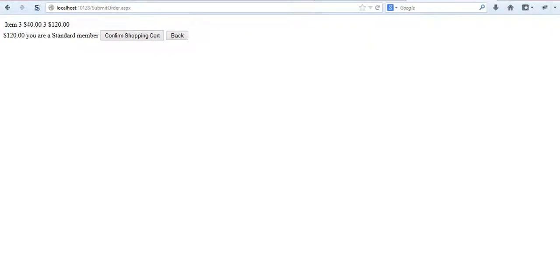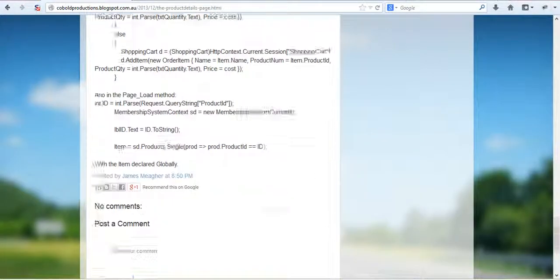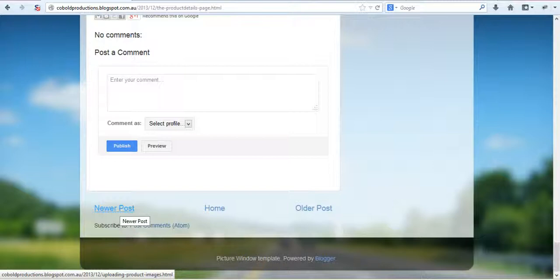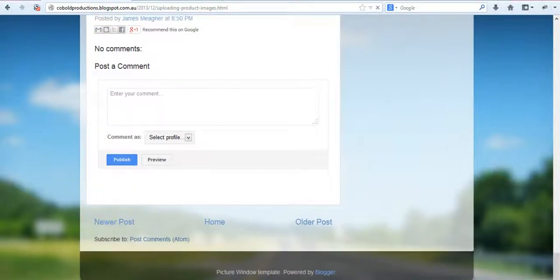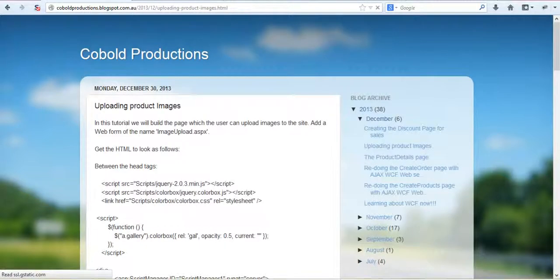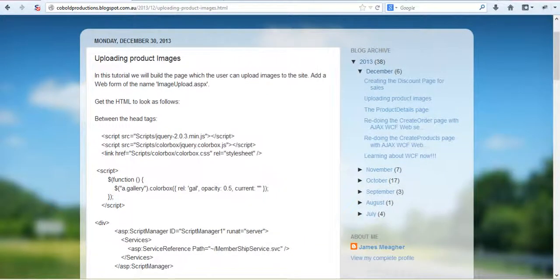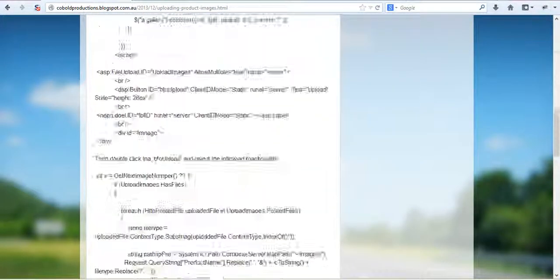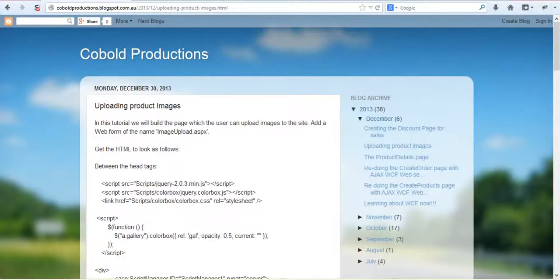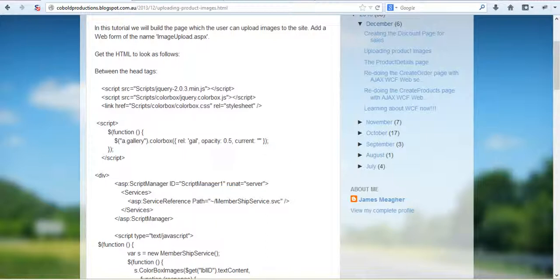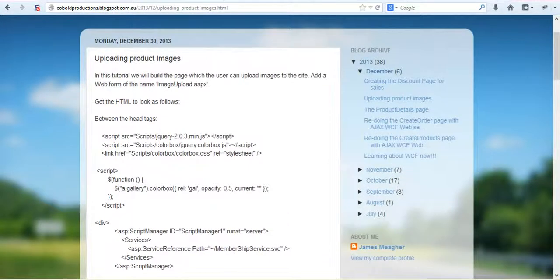So functionality wise, it does work, but the product images should be coming up soon. Here we go. Uploading product images. So this will be the next thing, and we'll be able to upload the images. Meanwhile, I'm going to add a no image for it, and I'll show you what that does. But yeah, until next time,